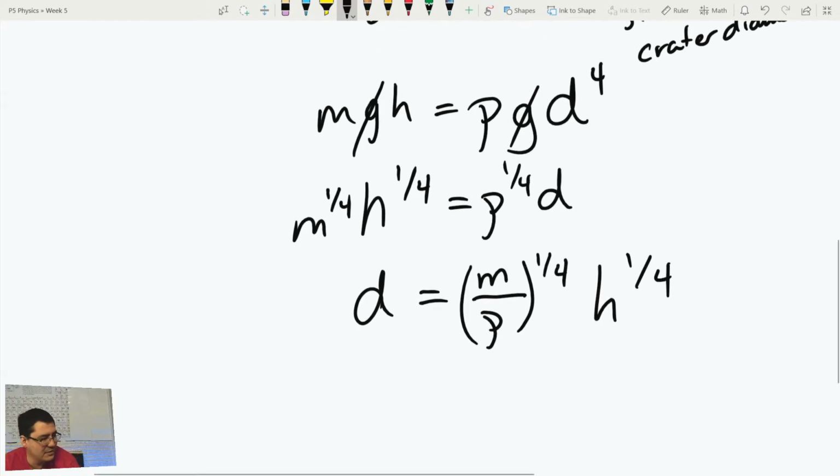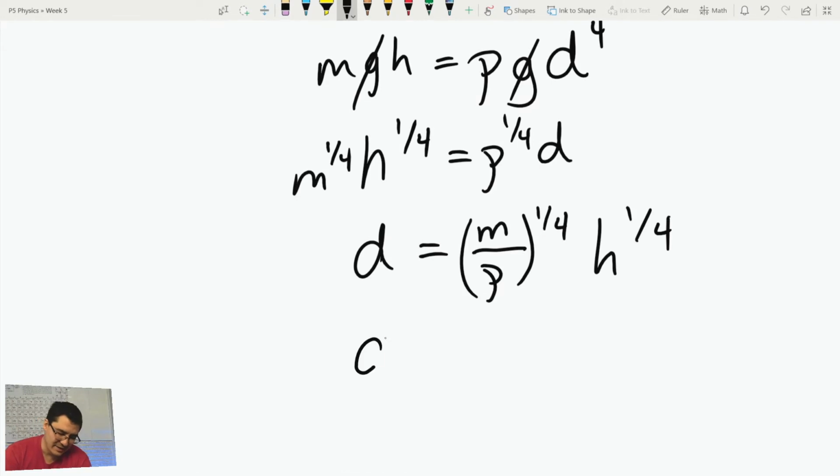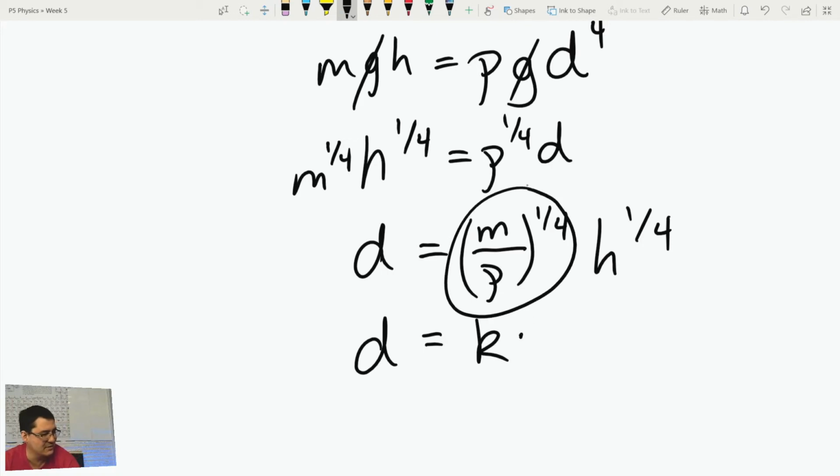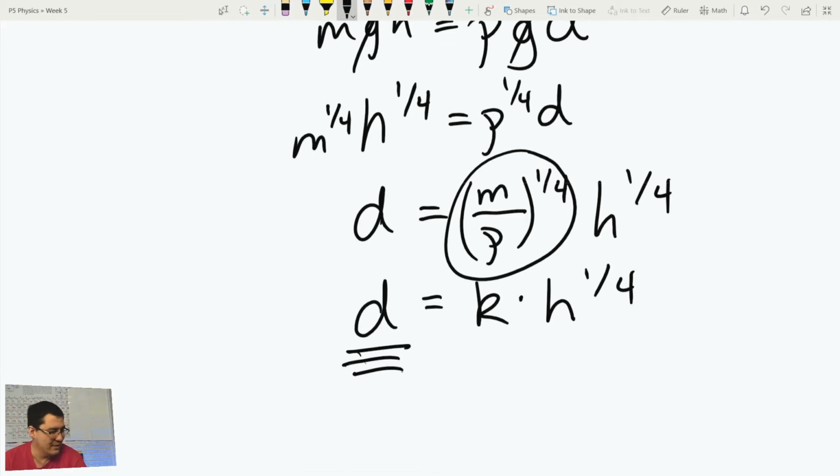Now you're like, well, why did you group mass and density together? The mass of the object and the density of the ground, if we assume they're constant, then a constant to the 1/4 power is just a constant. So I'm going to write the constant, this whole term never changes, right? Because mass and density, we're just going to assume when you drop your egg into flour, the density of flour is constant. And the mass as you're dropping it is constant, at least for experiment number 1. And you get this: the diameter of a crater should be equal to k times h to the 1/4